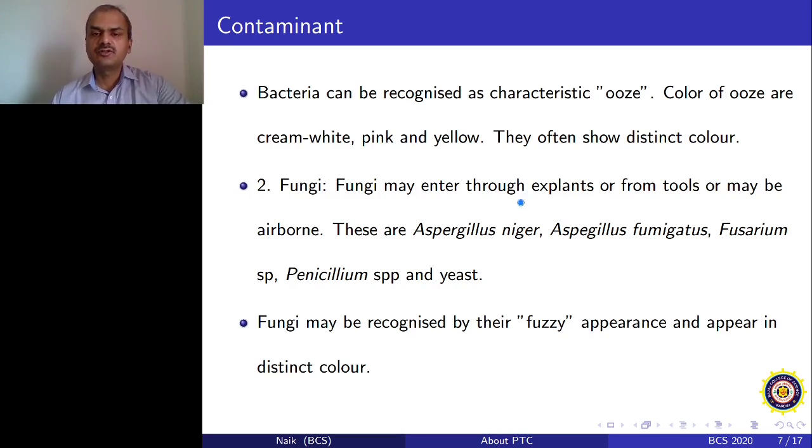If you're working with trees, shrubs, any herbaceous plant or medicinal plant, and you want to initiate surface sterilization of explant from, say, axillary buds of the mother plant, then summer is the best season to initiate tissue culture, mainly because the amount of fungal spores present and their survivability is always very low in summer, and the rainy season is the most favorable season to have a very large number of fungal contaminations.